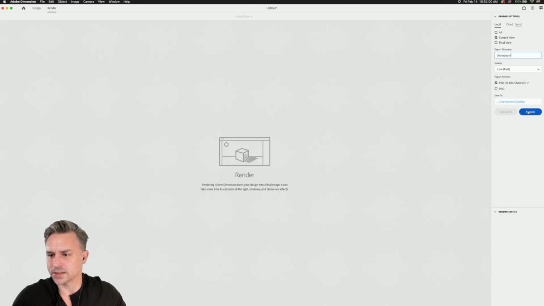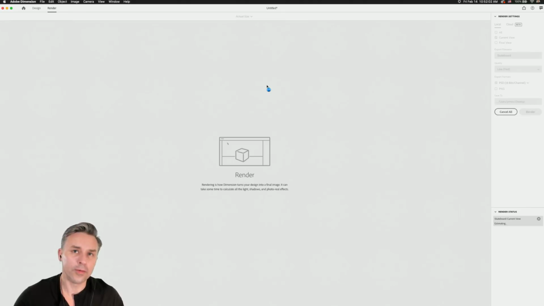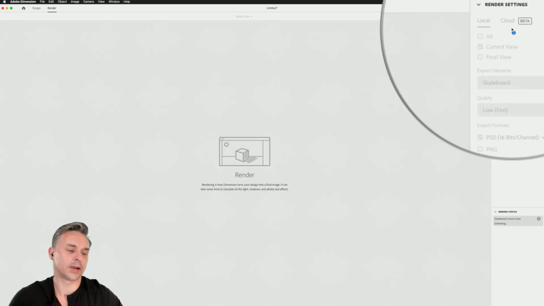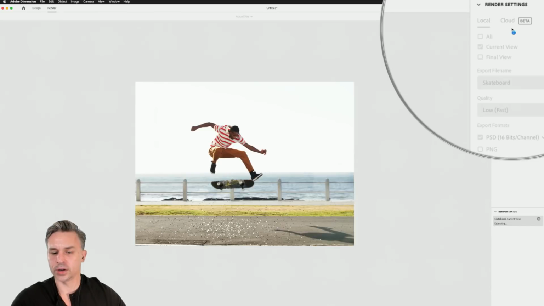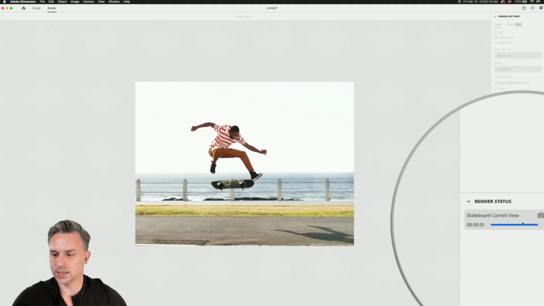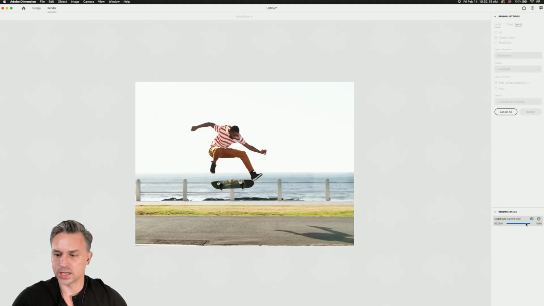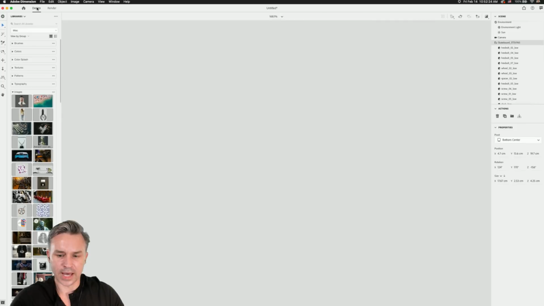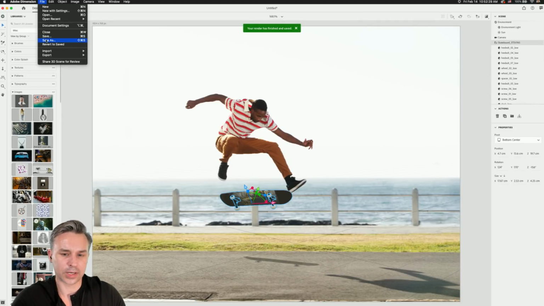But I want to take this to the next level, by the way. I'll make this hopefully pretty fast. Guess what, there's cloud rendering right up here. So you get a certain number of cloud credits for free initially, or you could just render on your desktop. Right down here, this should actually happen pretty fast. We could see it's going to be done in no time, because again, it was just a quick render. Okay, so that is done, that is rendered. I'm saving this file, and now I want to get on to something else,